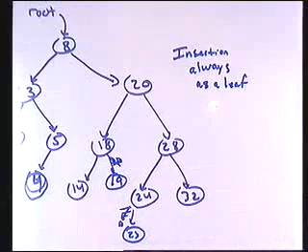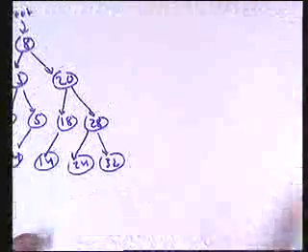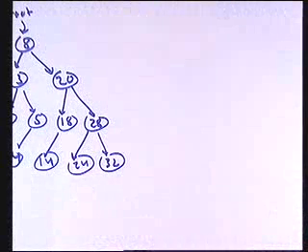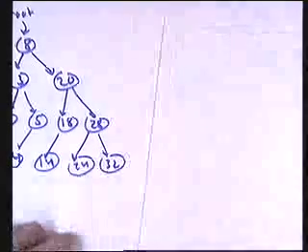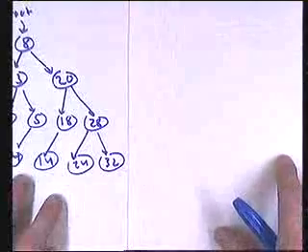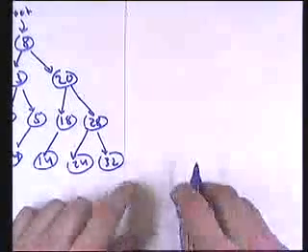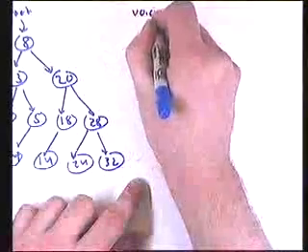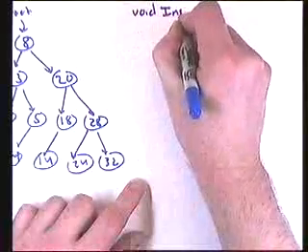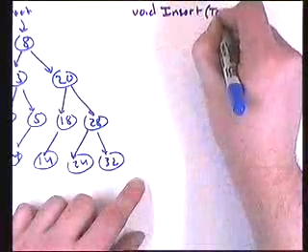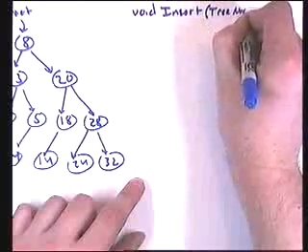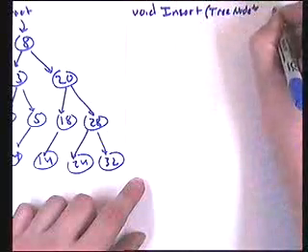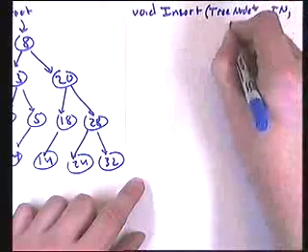How do we code that? Well, we follow the same 4 steps, the same 4 cases that we need to worry about. Namely, is your pointer null? If not, we have the cases of equal to what's in the node, less than what's in the node, and greater than what's in the node. And so let's go ahead and write the function header, the method or function signature. We have a tree node pointer tn and an e-type